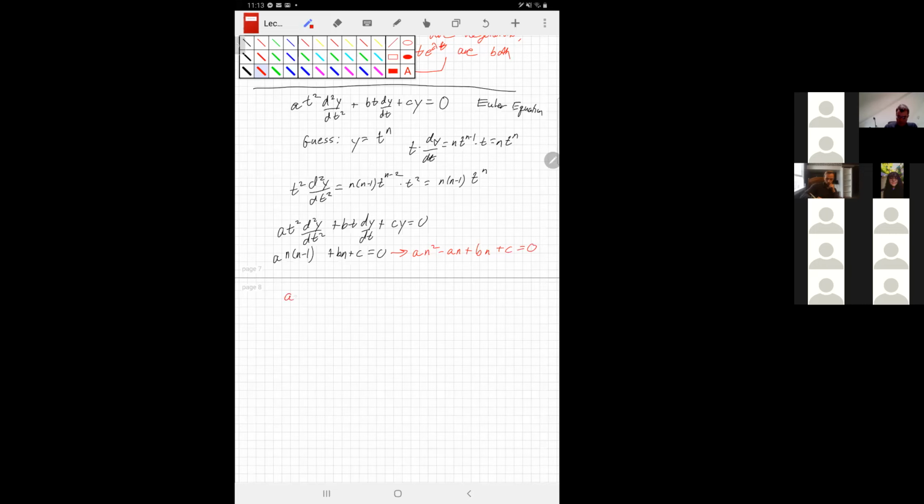Or a n squared plus b minus a n plus c equals 0. So n is equal to negative the coefficient of the linear term